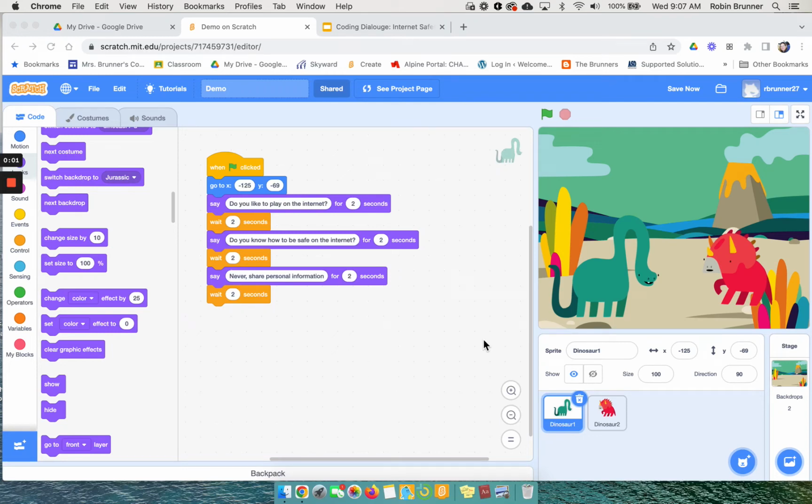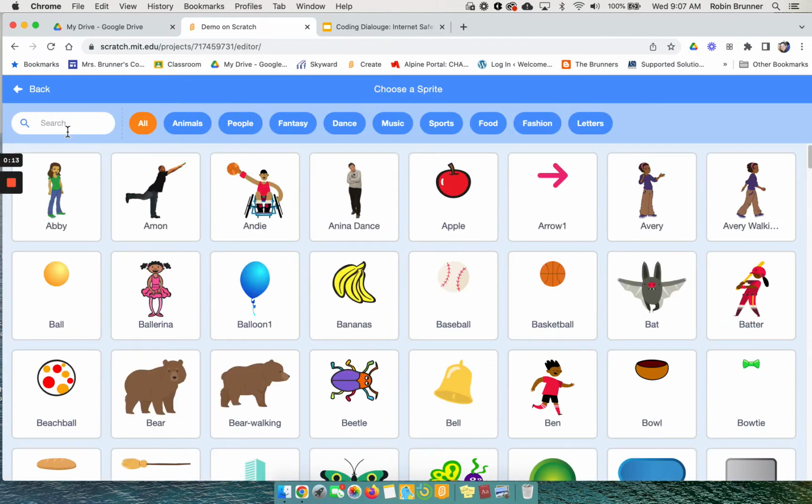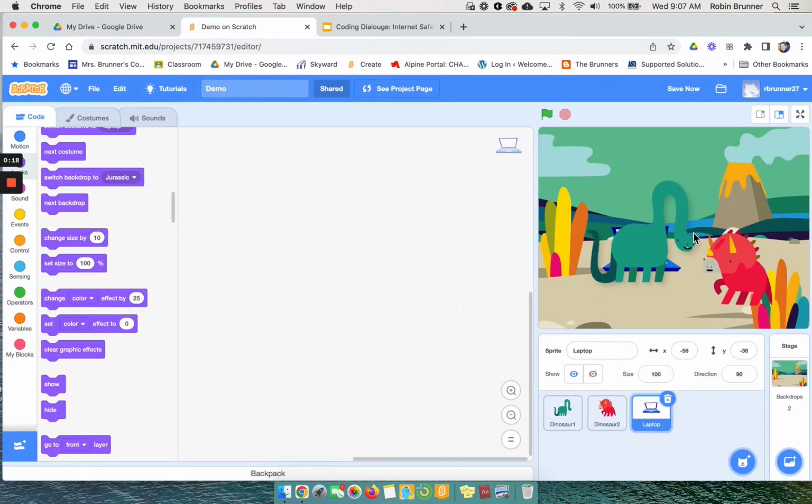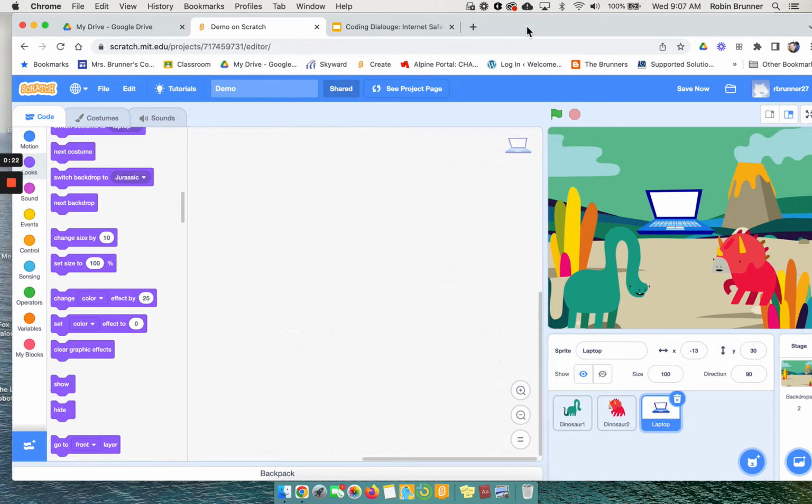Hello boys and girls, I'm going to show you another option that you could do afterwards, after the conversation is over. So what you could do is add another sprite to show up. So you could come over here and let's say, because they're talking about being on the computer, I can have be on the computer. So now I'm going to move this computer, and just so that we're in the habit,